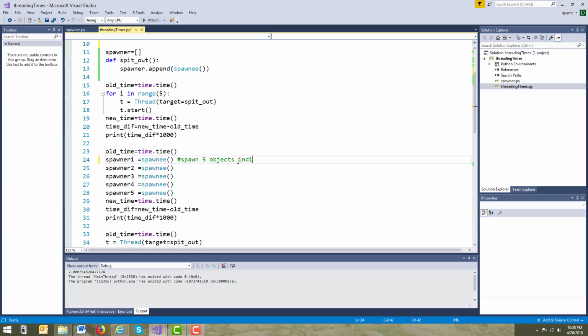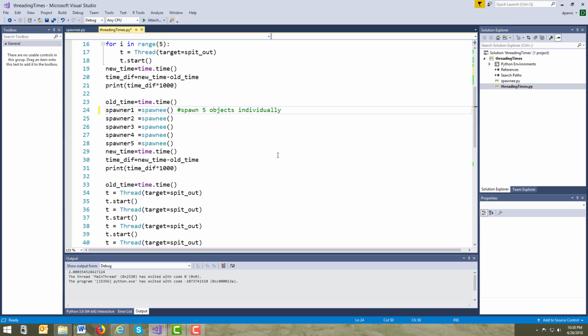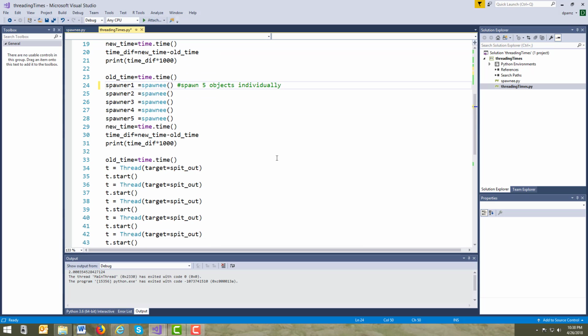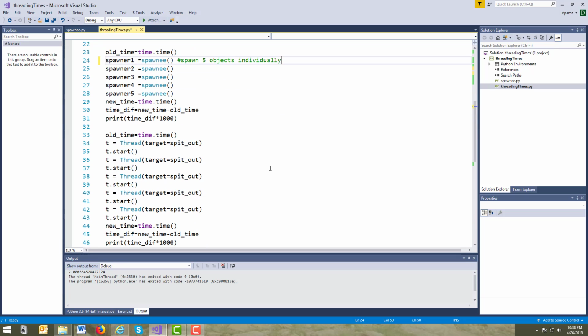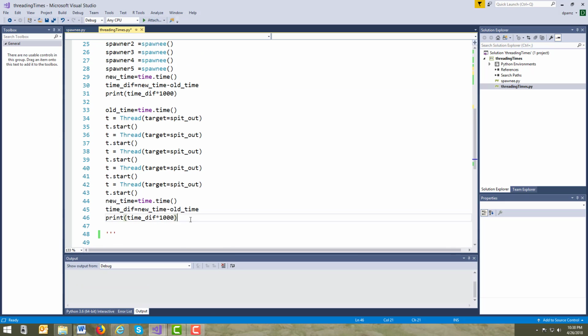And I'm going to put individually here. So let's see what I did down here. And I know it seems a little odd. What I'm doing here is, again, with the time part of it is the exact same. So these lines were what we did before. And now this is going to be an explicit